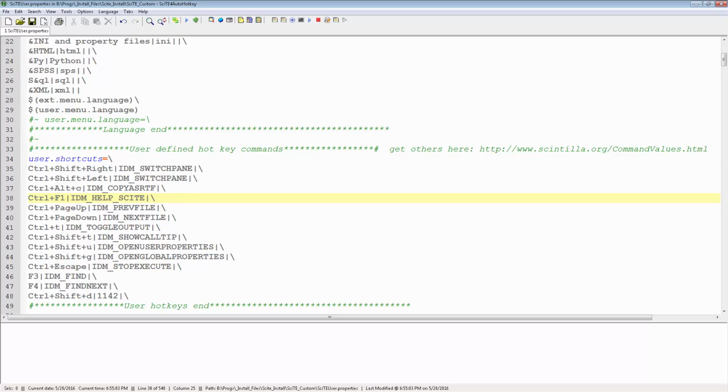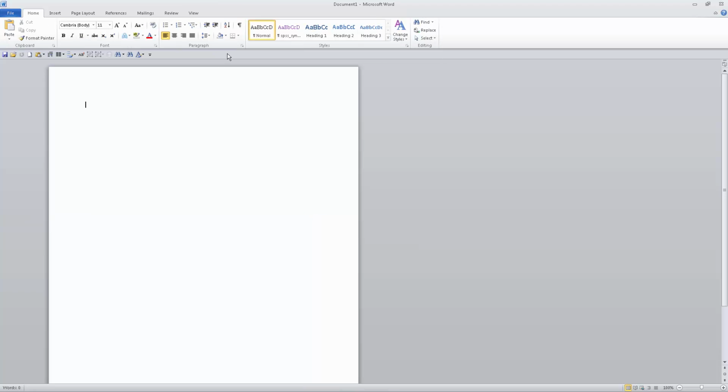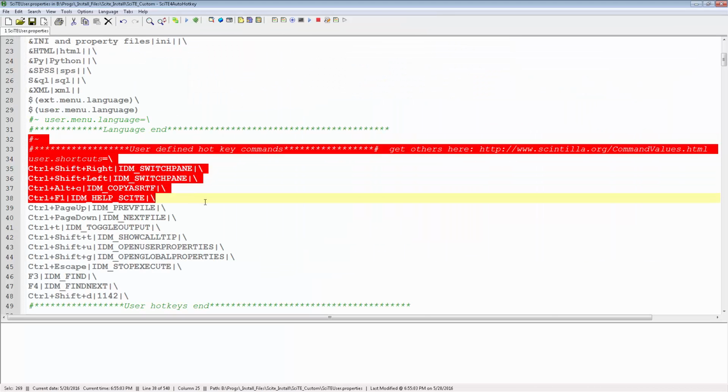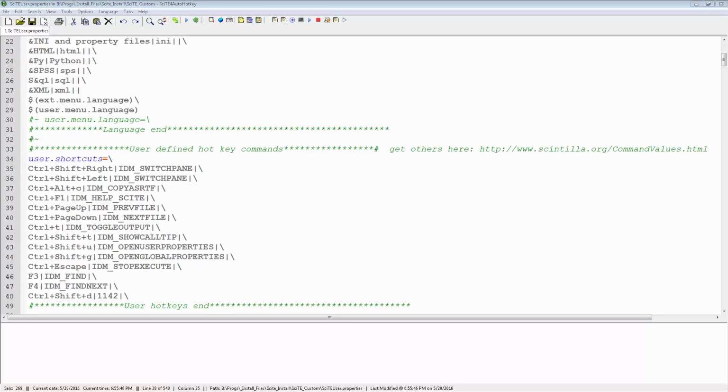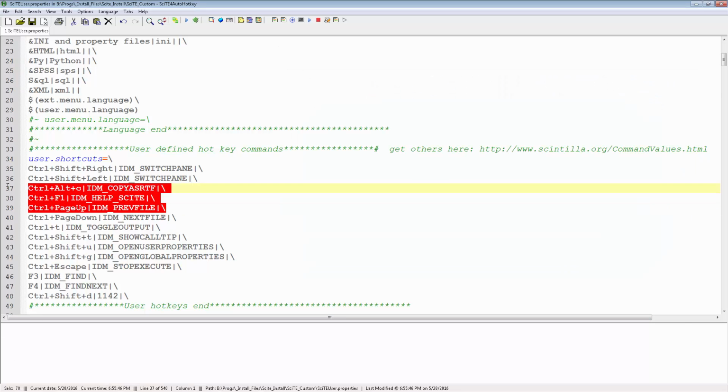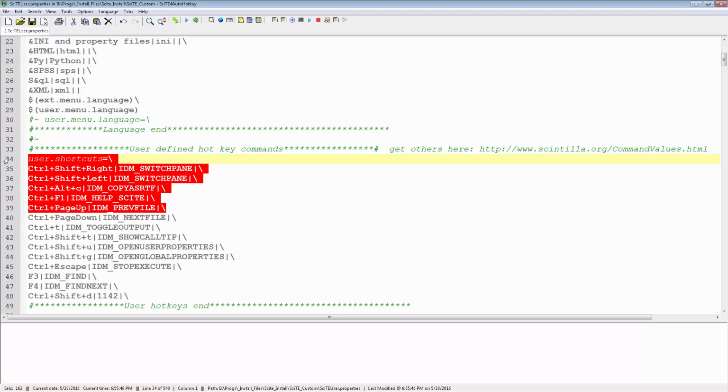Let me open up a Word window and bring it over here. If I come in here and highlight this, and I gotta save it first. Hopefully this will now work. And now if I hit Control Alt C, and copy, now when I go to Word and hit paste, I had the problem is I have some other scripts running. Let me try it again. Control Alt C,